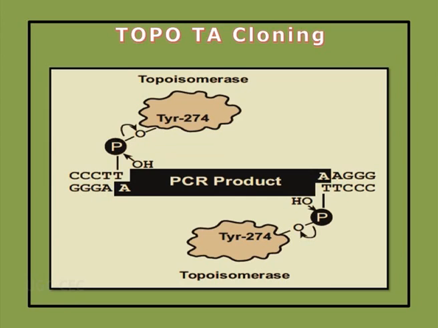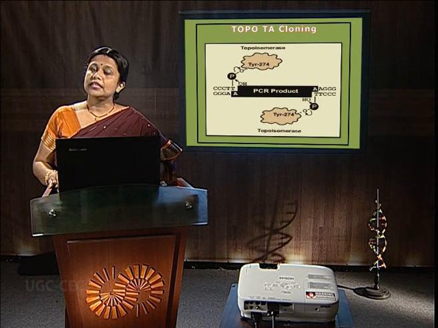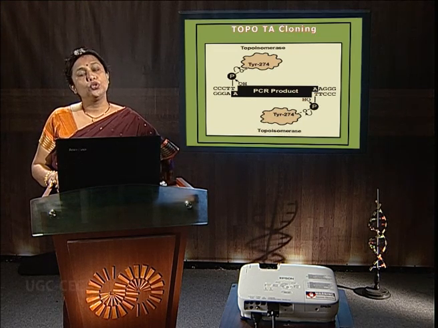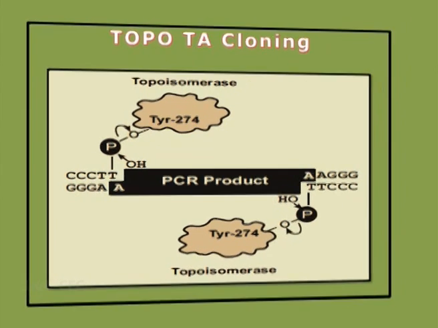What topoisomerase does is cleave the phosphodiester bond, and the energy that it gets is preserved in the formation of a linkage between the OH group of the tyrosine residue present in topoisomerase and the 3' phosphate. Later on, this energy is dissipated by formation of a phosphodiester bond between the PCR product, that is our gene of interest, and the vector DNA. Finally, the topoisomerase molecule is released. So herein you can see that one enzyme is carrying on the job of two different enzymes, and we really have minimized the number of steps.